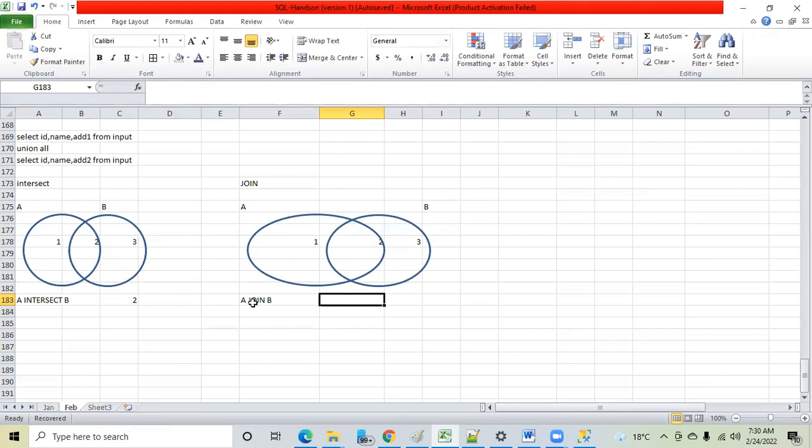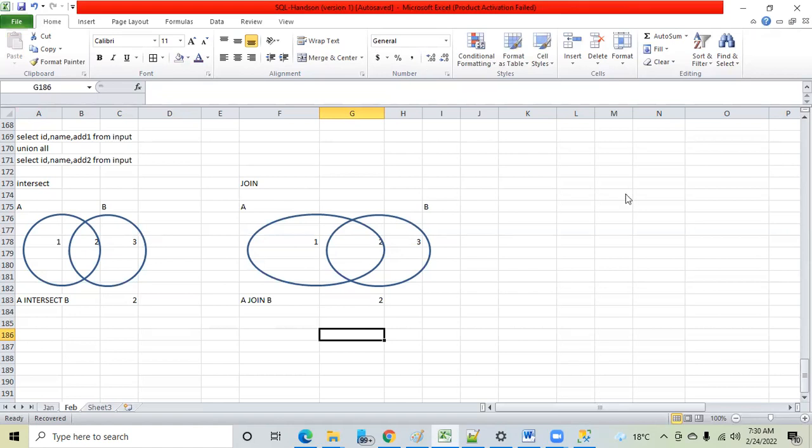Now if I tell you A join B, what should be the output here? Join means the common data from both the tables will be fetched, which matches the joining condition. I think at a high level we know this, right? So here, which is the common area? 2. Correct? So can we say intersect and join are both doing the same task? How many of you know join here on this platform?